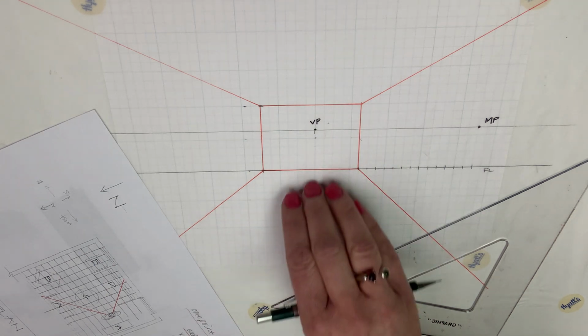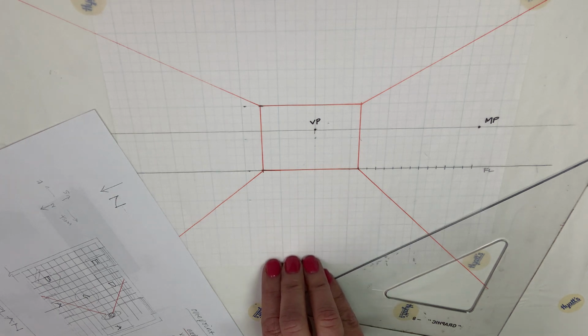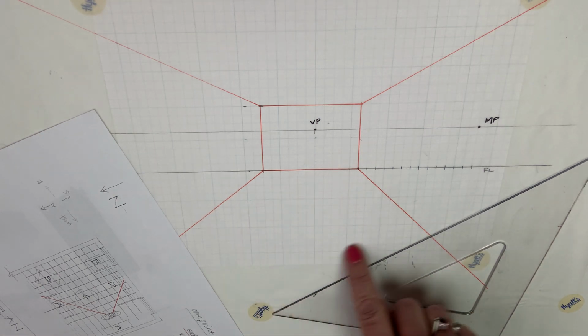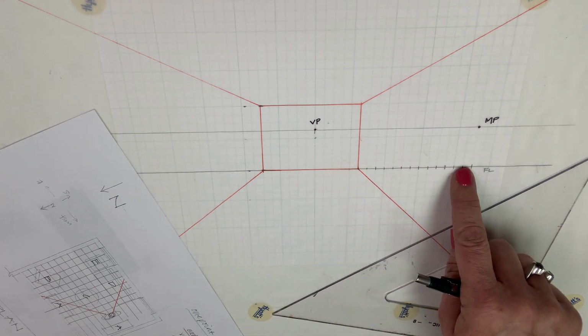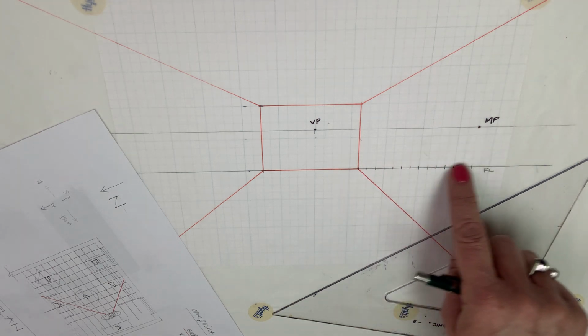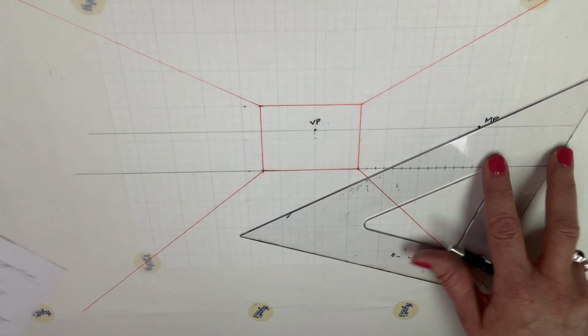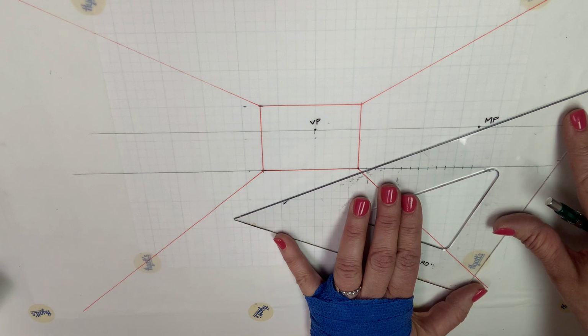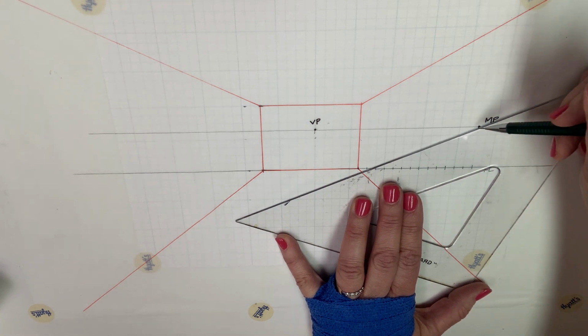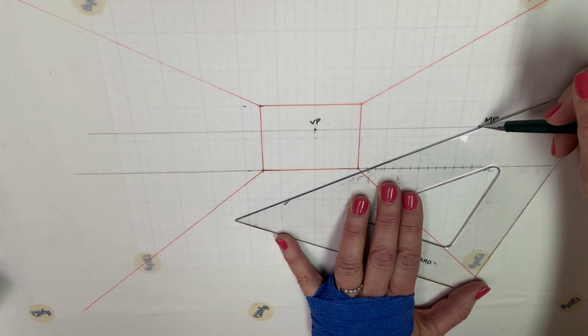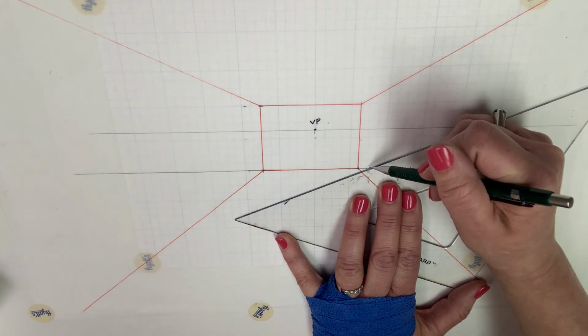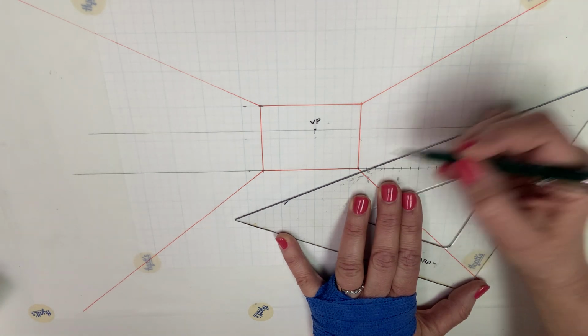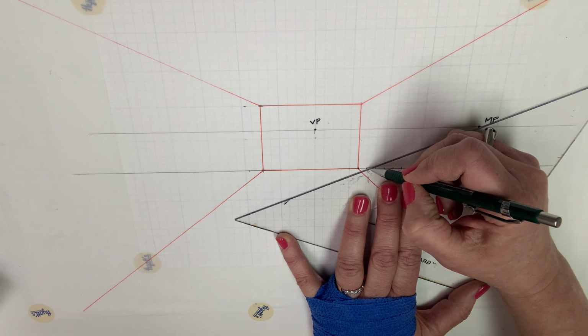But we have to establish how it's going to get bigger and bigger and bigger as we go through. And the way we identify those lines is through our measuring points. Measuring point here, and then the marks that we do in the 1 foot increments. So I'm going to take my first mark and I'm going to center it through the MP to the first 1 foot mark here. And I'm going to make sure that for the thickness of my medium, I'm right on